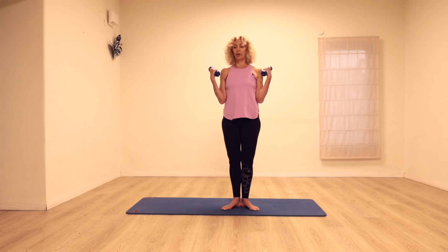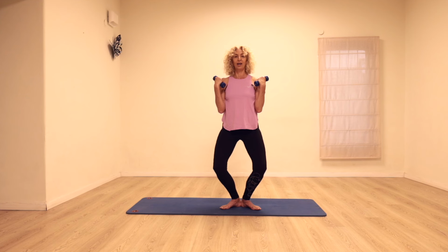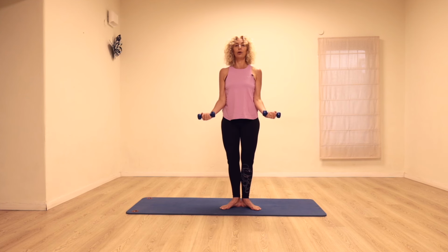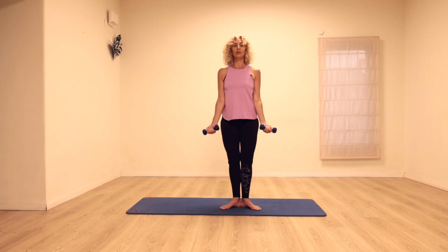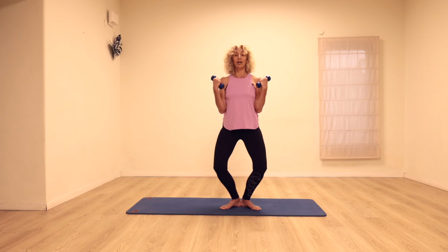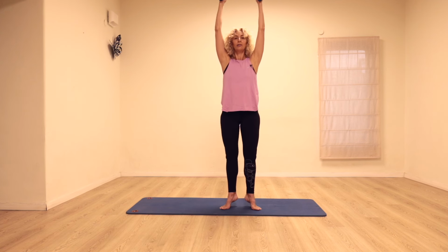Bend the elbows, bring the weights towards us, and then lower with resistance and control. Bend and stretch. So next time we bend the elbows, let's bend the knees, straightening the legs, lowering the arms down. Twice more, nice and simple like that. And stretch. This time, as we straighten the legs, we're going to reach the arms up, lift the heels up,